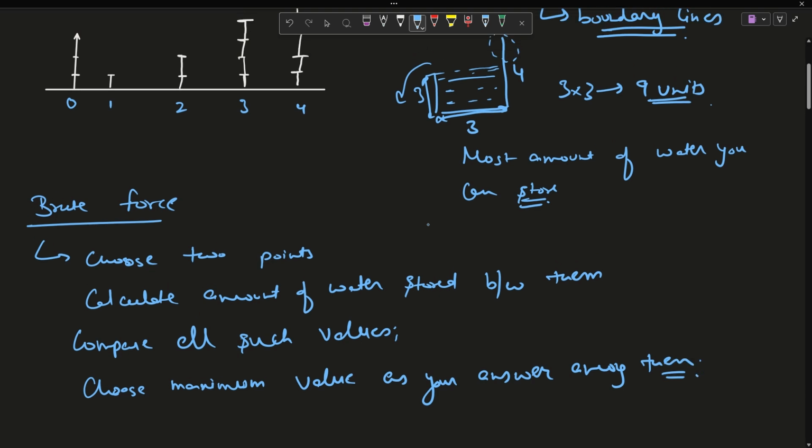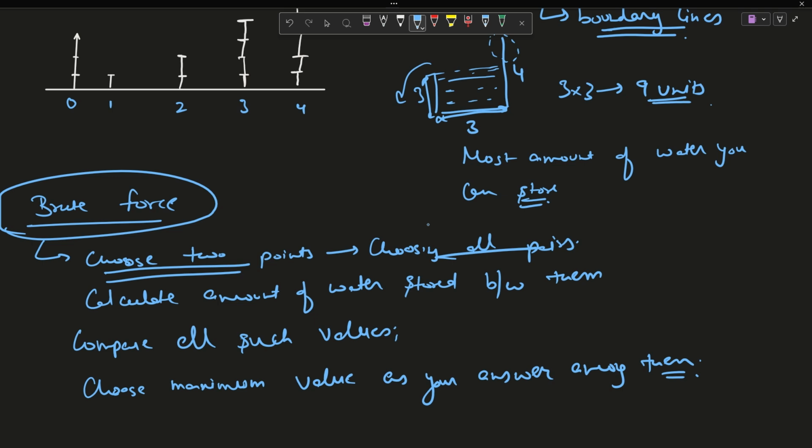Right? Okay. So now to choose 2 points, that is choosing all doublets, choosing all pairs. In a brute force approach, you always use nested loops, right? So the approach is clear.